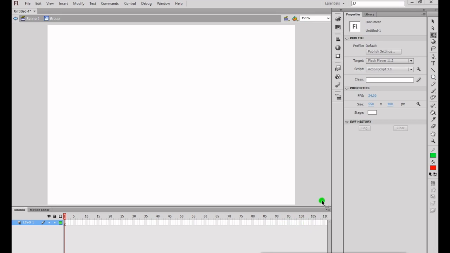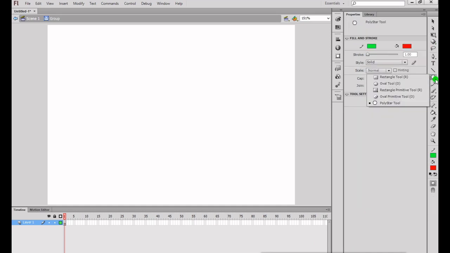Yes, let us see how to draw a rectangle primitive. Select the rectangle primitive tool here. From here we will get the rectangle primitive tool.